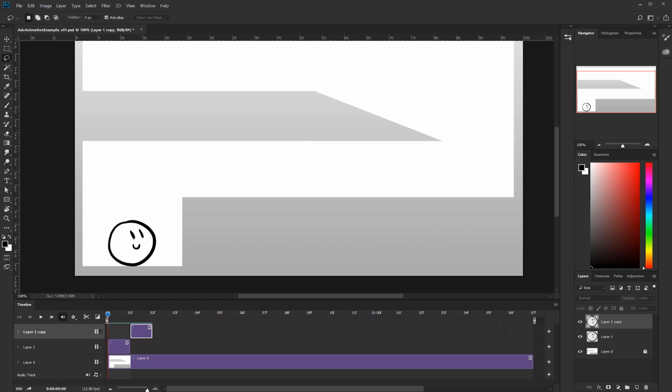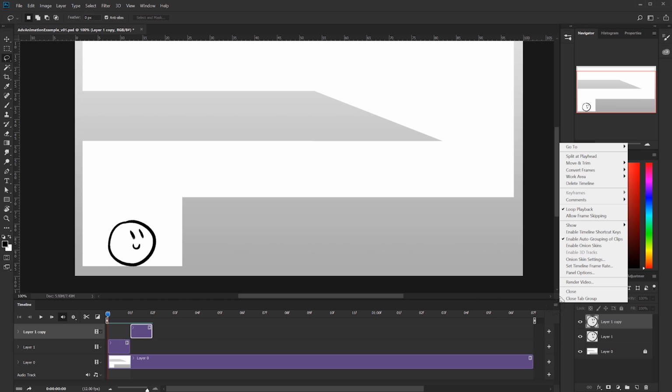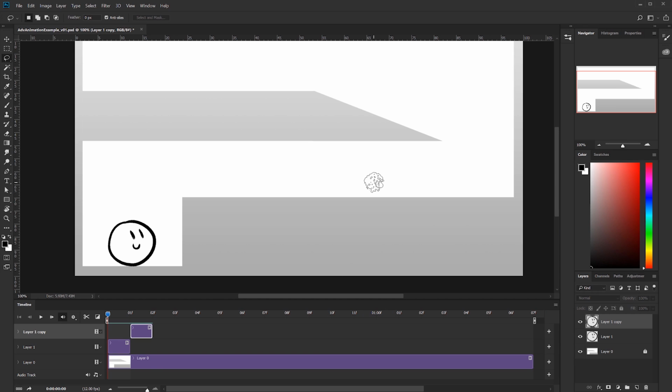To enable that, we want to click under our stack of pancakes here on the top right on our timeline window and select Enable Timeline Shortcut Keys. So with that on, you can now use the arrow keys to move back and forth in your timeline, which is pretty useful. So the next thing you want to do is move this down onto the